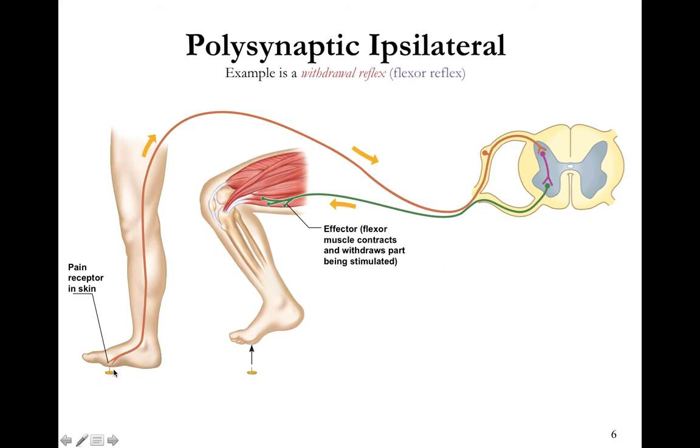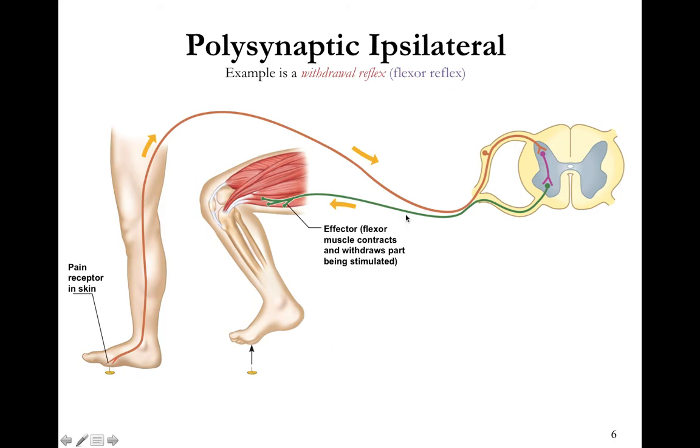Okay, so this shows a foot stepping on a tack, receives that stimulus, sensory information comes in through that spinal nerve, dorsal root, synapses with an interneuron, which synapses with a motor neuron, and then comes out through the ventral root, synapses with the muscle, which is the effector,